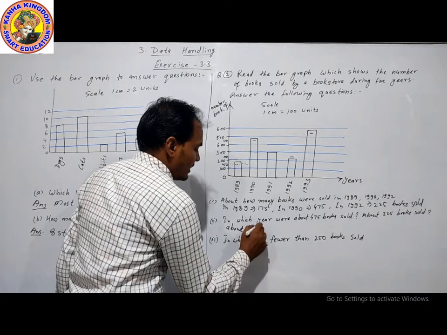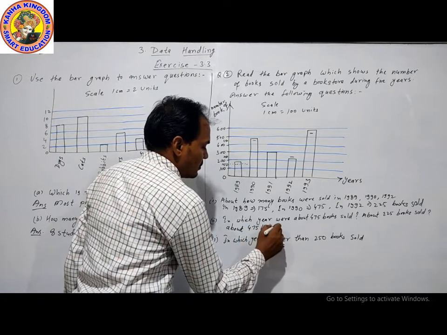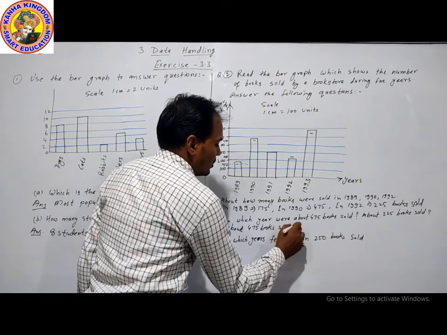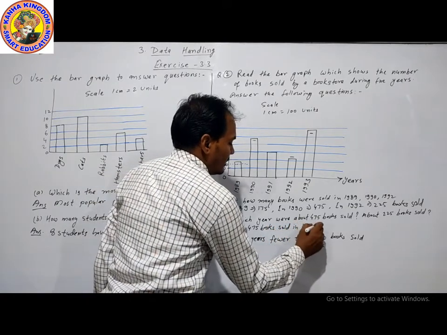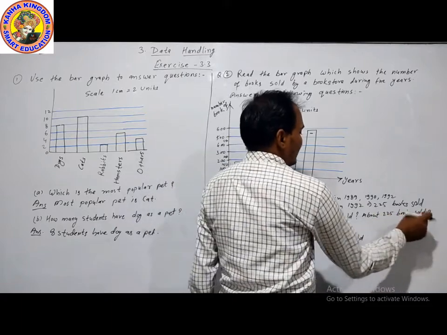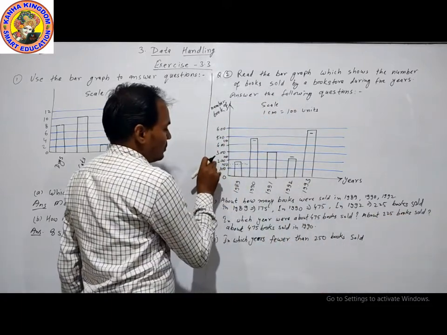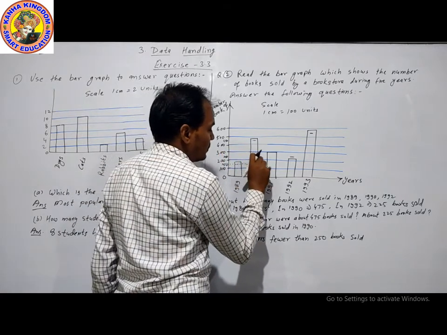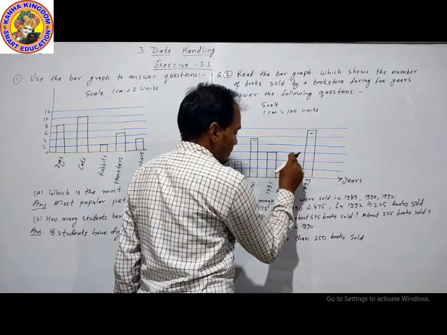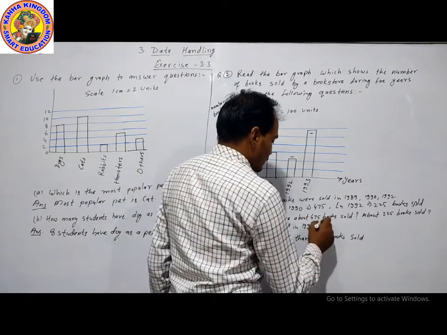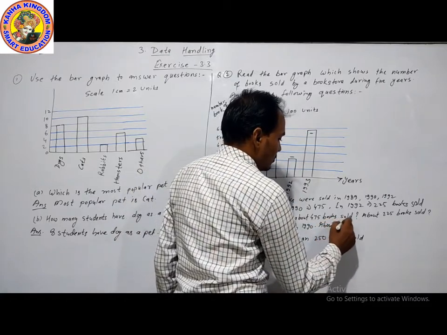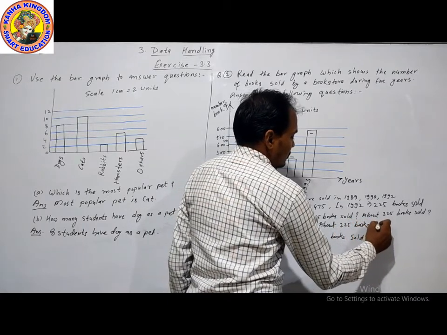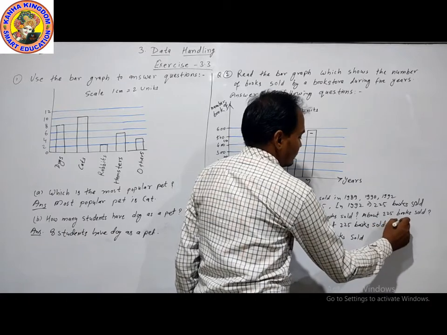About 475 books sold in 1990. About 225 books sold: between 200 and 250 is 225 here, 92. About 225 books sold in